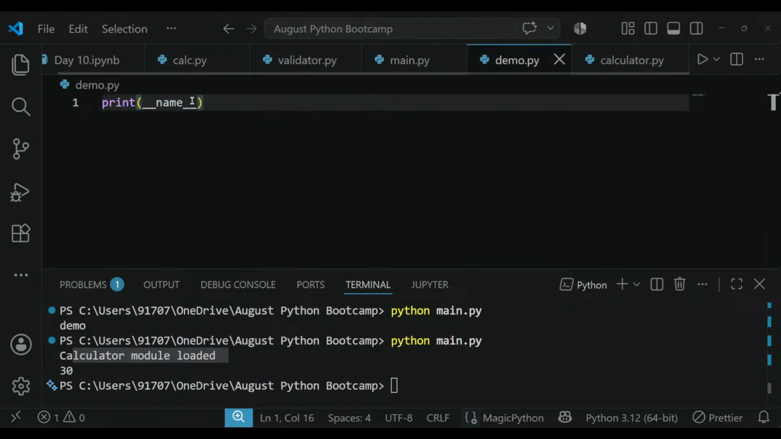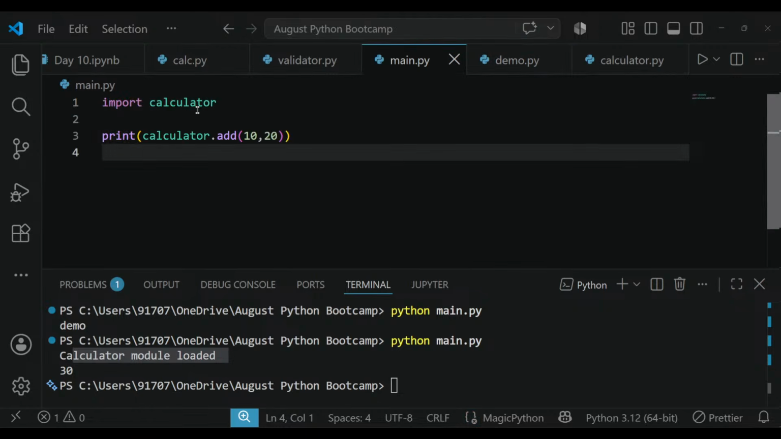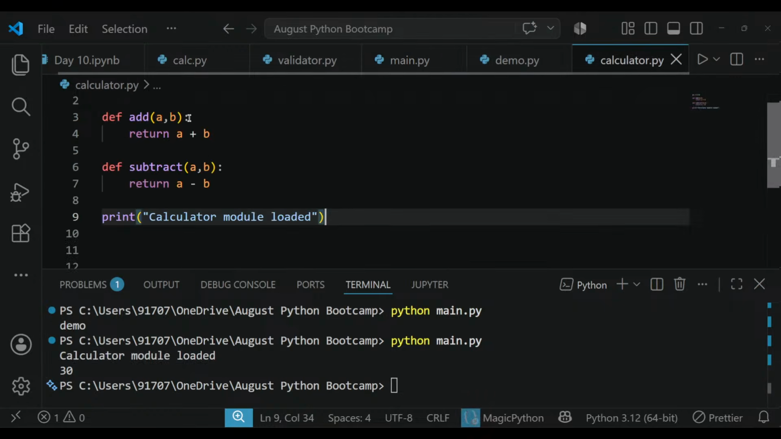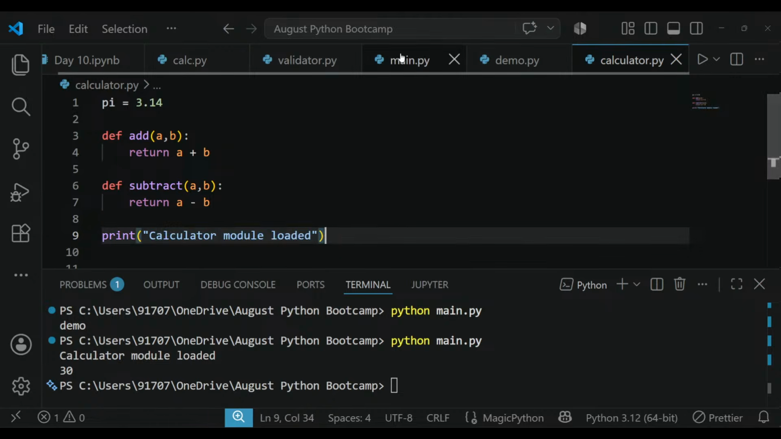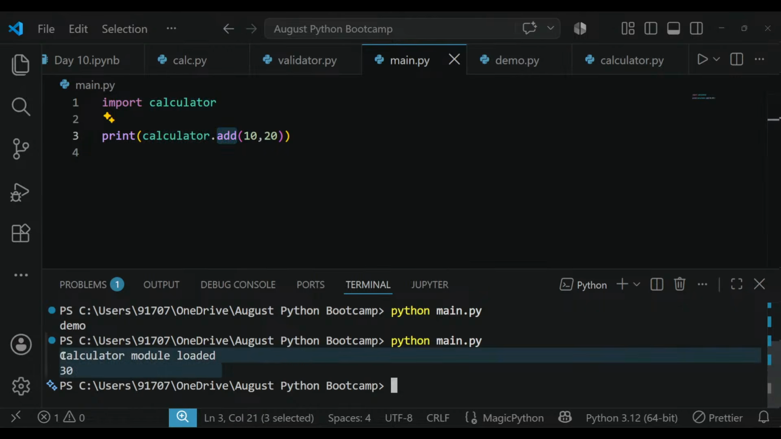This is the same example which I showed you with demo. That demo was printing __name__, so it was giving __main__, but in main.py, when I was simply importing the demo, it was giving me demo. So the same thing I've now explained with calculator.py. In calculator.py, I have my pi, my add function, my subtract function, and then a print which says calculator module loaded. Now in main.py, I'm just importing calculator and calling add only, but then also the print is executed. So now to fix this, what we can do is,